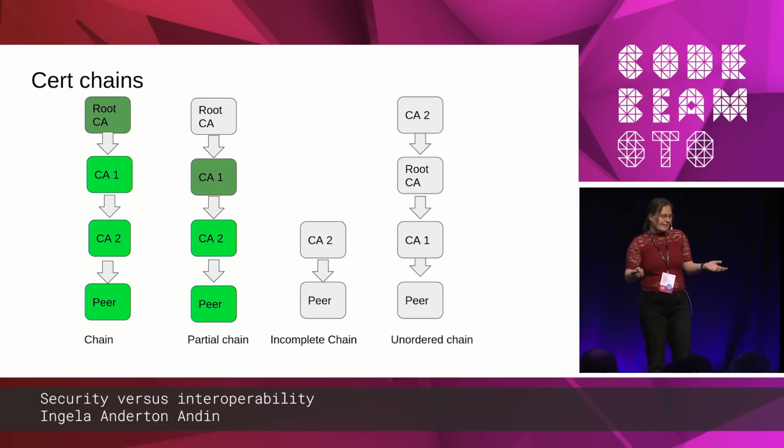So we were reluctant. But then the TLS 1.3 standard came, and they actually standardized that you should do this. So OTP 21 will now do this. And of course, there's a performance penalty doing this. So we implemented it so that the clients and servers that do the correct thing won't get the penalty. The penalty will be on the ones that send unordered and incomplete chains.